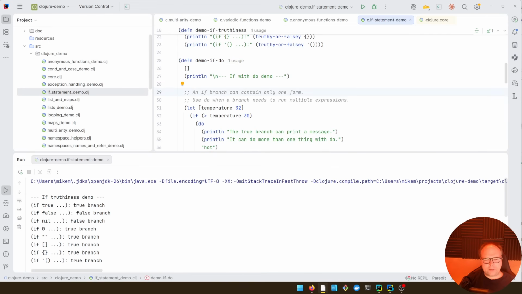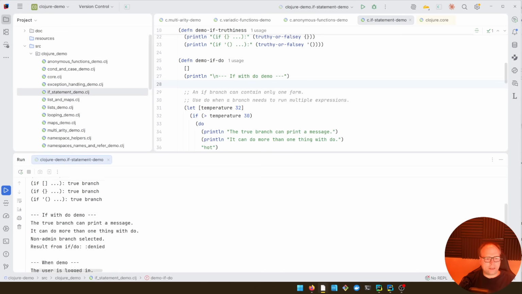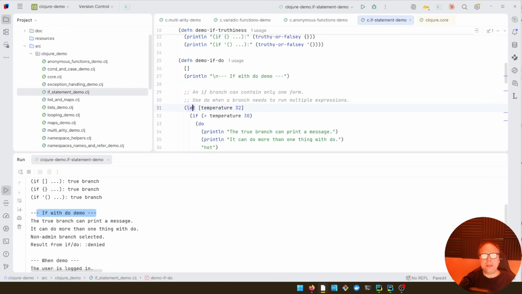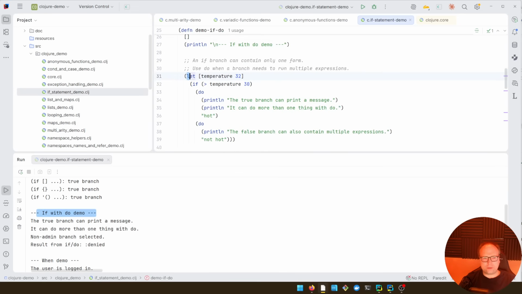That is the first line. So we'll be printing out what's actually happening, just to get a header. So we get this header right here. Next, we're going to let temperature be 32, and then we say if greater than, then temperature and 30. So that means that if the temperature is greater than 30,